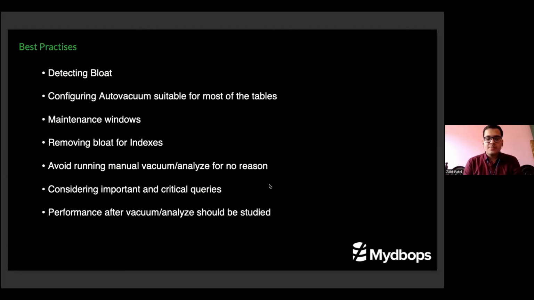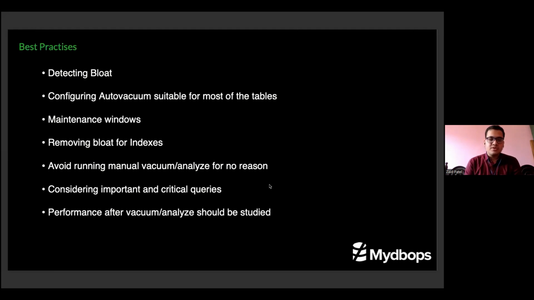It cannot be neglected. So if the database is busy, we can allocate a maintenance window on a daily or weekly basis, and then we can vacuum it. It is the best thing to remove bloat for indexes,